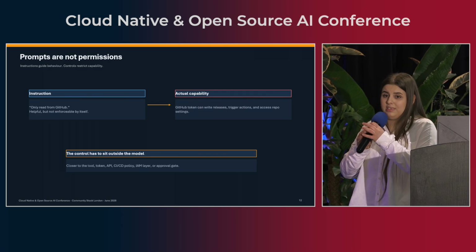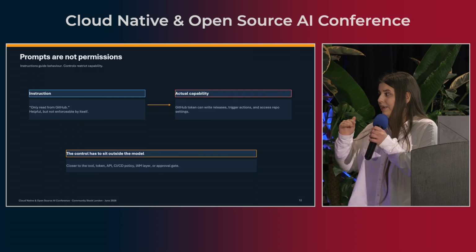So the capabilities of the tools are what you need to care about. The things that you permit. So the 2 things that are the best boundaries would be the token and the scope. So no matter how much you want to prompt it, no matter how much you want to do something.